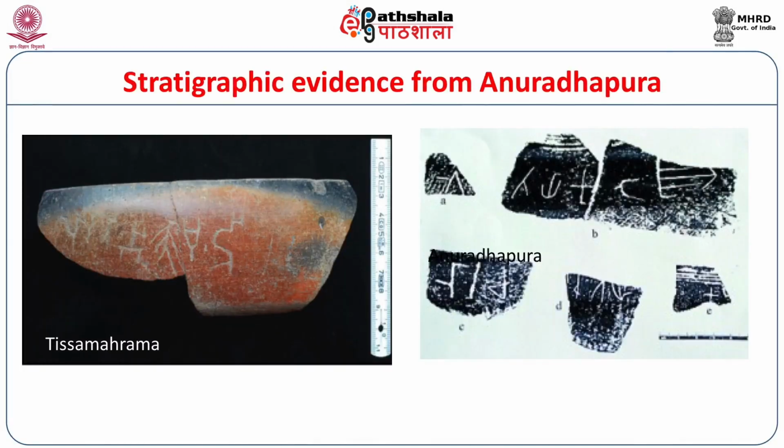From stratified layers of that site, they came across some inscribed shards, and they suggested that these should be taken as proper evidence of pre-Ashokan Brahmi because the layers from which they hailed were dated prior to the 3rd century BC. Actually, these were dated between the 6th and the 4th century BC. So they suggested that these pottery remains should also be dated to that period and the inscriptions on them obviously to the same period. These are the evidences from Anuradhapura and another site called Tisamarama, but at least in the